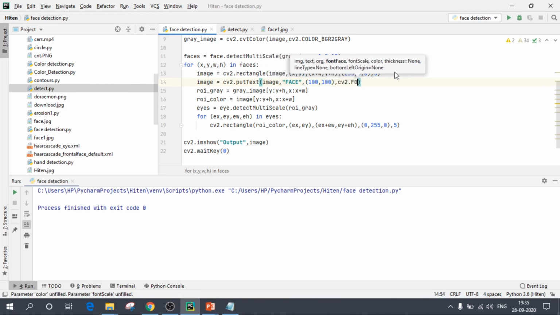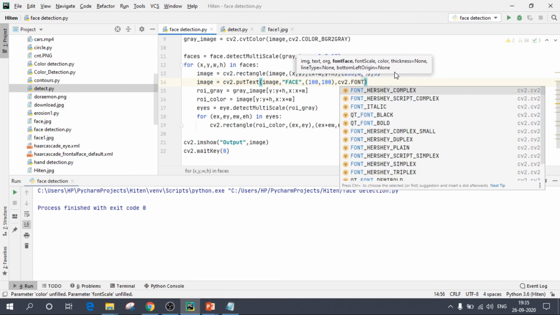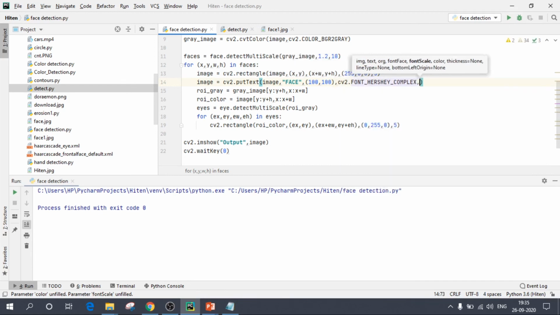OpenCV has a wide variety. I'll take Hershey complex, comma, scale I'm passing 1. Basically 1 means it will print it straight. If you put -1, it will flip your image, so I'll keep it 1. Color I'll be taking as red, so blue 0, green 0, 255, and thickness would be 5. So now execute this code.